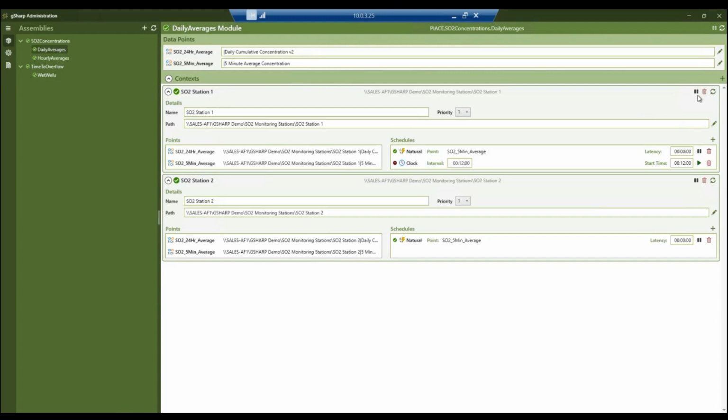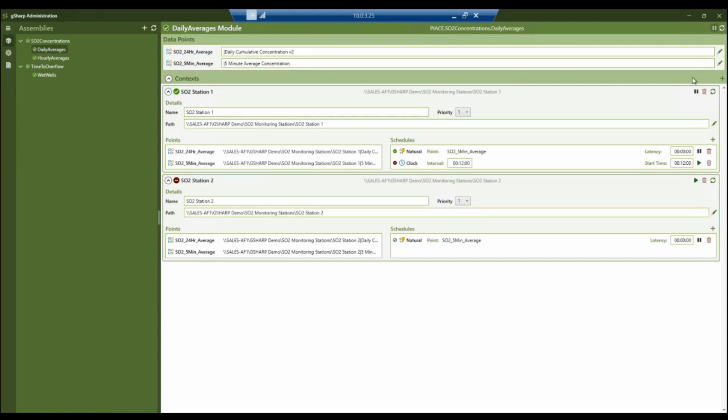If I was to pause the entire context, what we should see is when we restart it, it remembers that a particular schedule was stopped, and so it won't automatically restart that. Likewise, if we were to choose to pause a given context, and now for some reason we need to pause the whole module, we can do so.